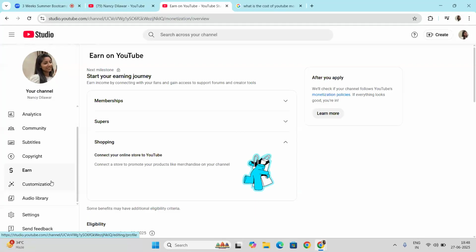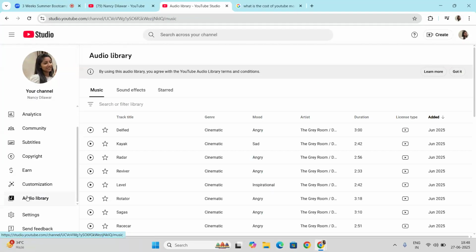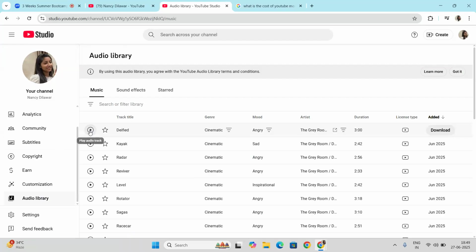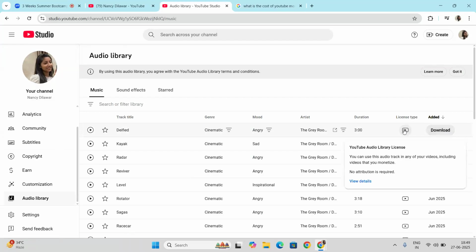Now, coming to the next part, here you can see the audio library. This was updated by YouTube recently, within the last one or two years. They have given an option, the audio library, which gives us audios that are free, that you can download and use. A license type is there, saying you can use this audio track in any of your videos, including videos that you monetize.